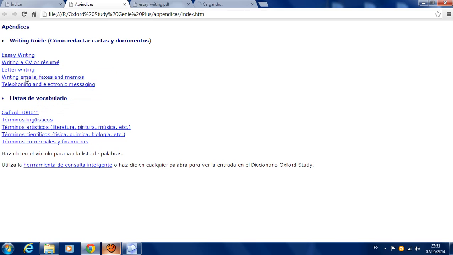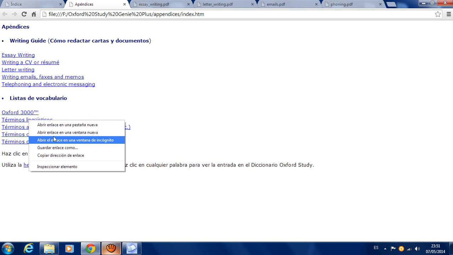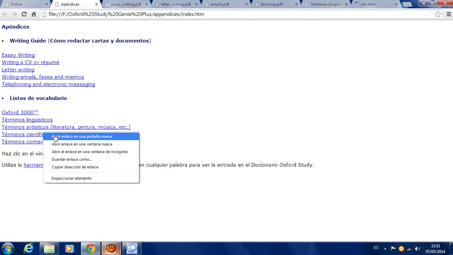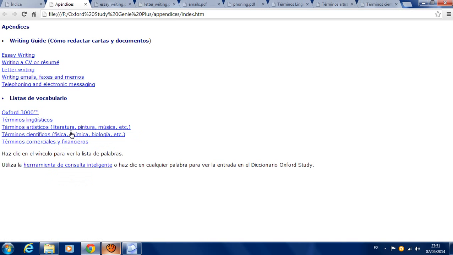Letter writing, writing emails, faxes and memos, telephonic and electronic messaging, linguistic terms, artistic terms, scientific terms about physics, chemistry